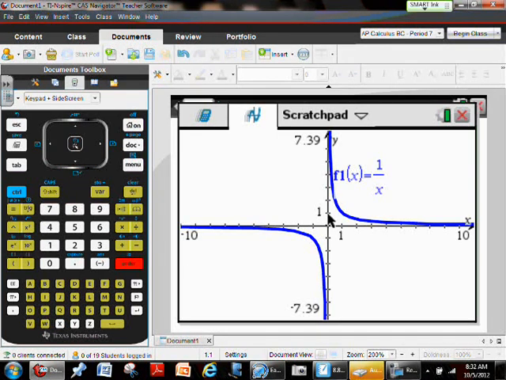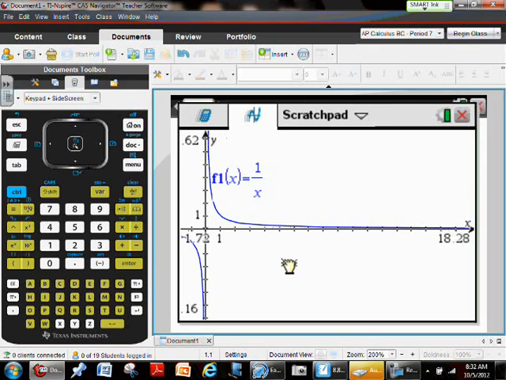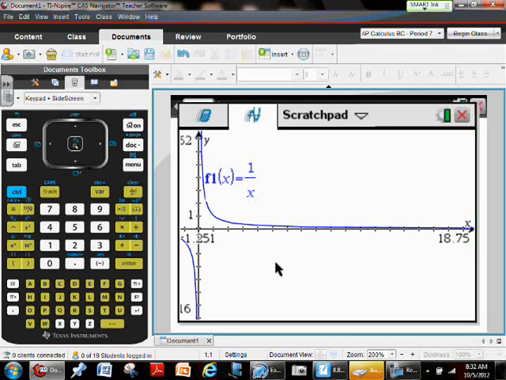We really don't have to concern ourselves very much with the negative side of the y-axis, so I could adjust this a little bit, maybe just grab and focus a little more on what's happening in quadrant 1. As we indicated a moment ago, this is an integral evaluated from positive 1 to infinity